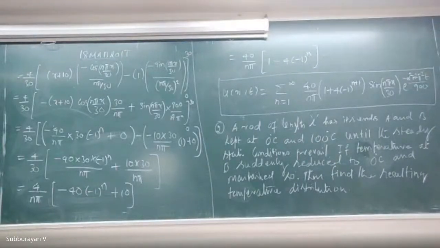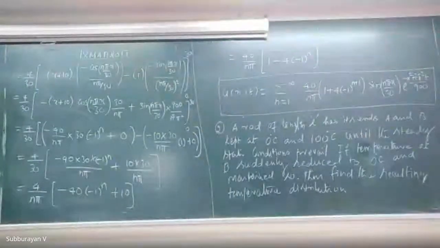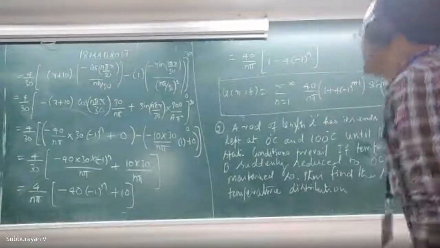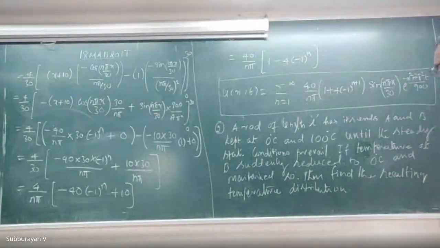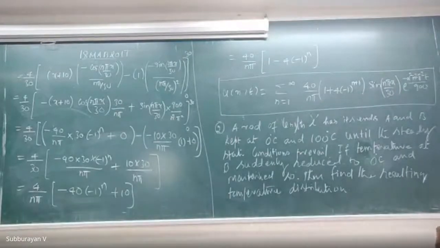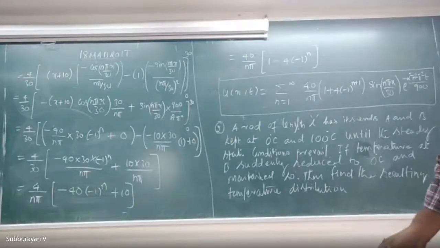Very good. Initially the steady state temperature distribution along the rod is given by 100x divided by L. Should I derive this? No, sir, no need. Okay, fine. So anyway, for the other students,